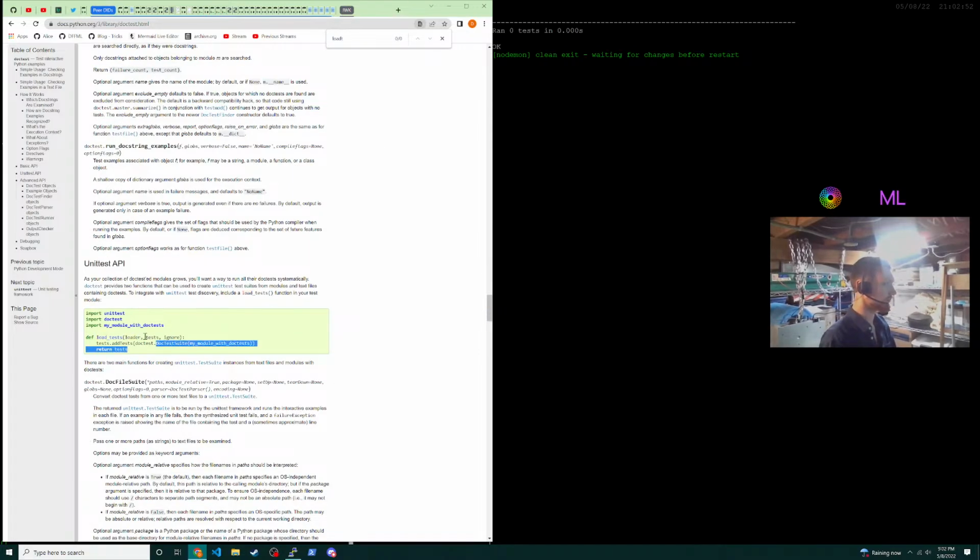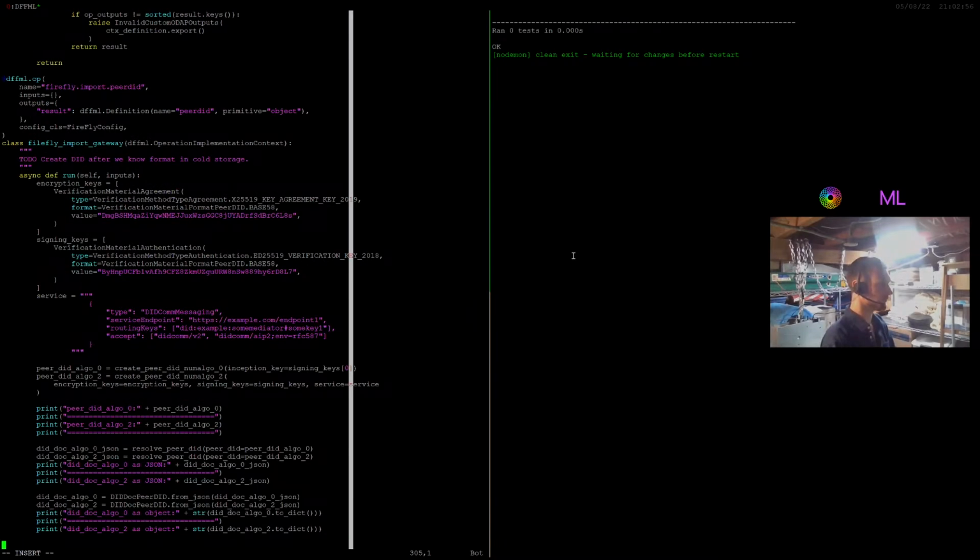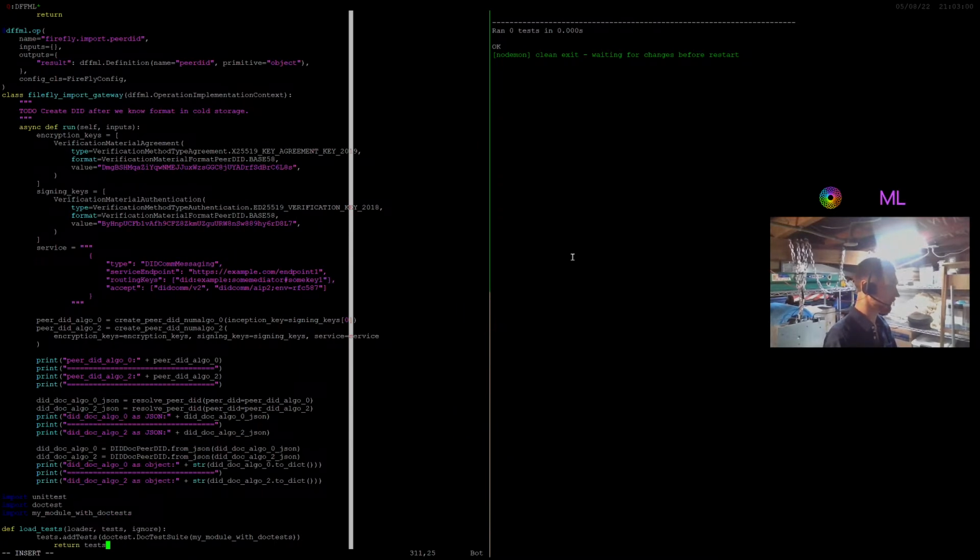Load tests. Okay. So we can put this in here. And then we can use this to reference this module. And then it will run, hey,